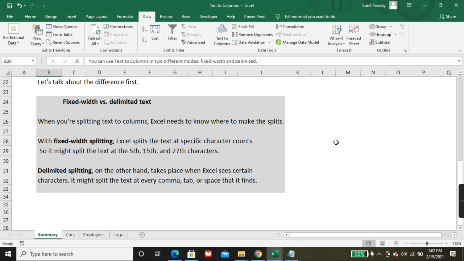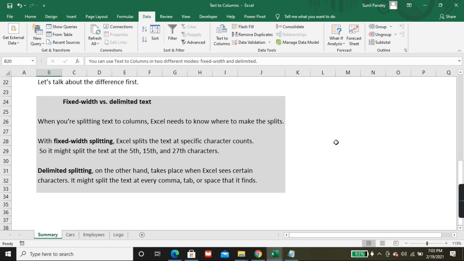We will talk about the difference. When you are splitting text to columns, Excel needs to know where to make the splits. With fixed width splitting, Excel splits the text at specific character counts, so it might split the text at the 5th, 15th and 27th characters. Delimiter splitting, on the other hand, takes place when Excel sees certain characters.